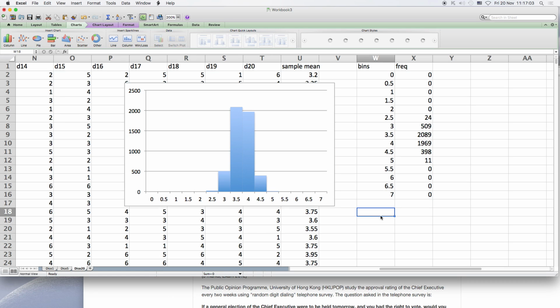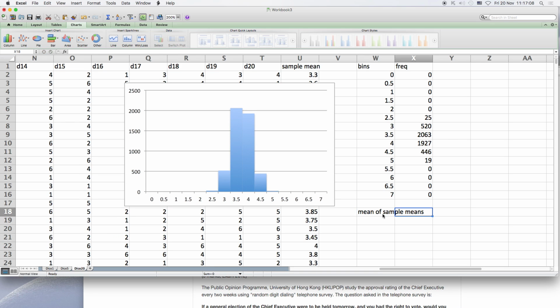Again calculate the means of sample mean and the SD of the sample means, which is equal to